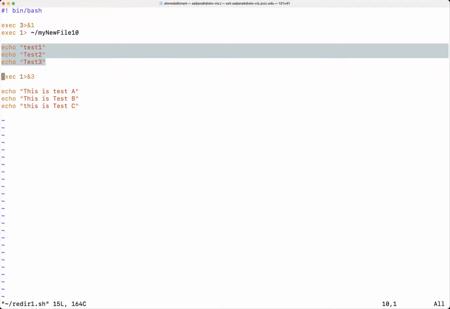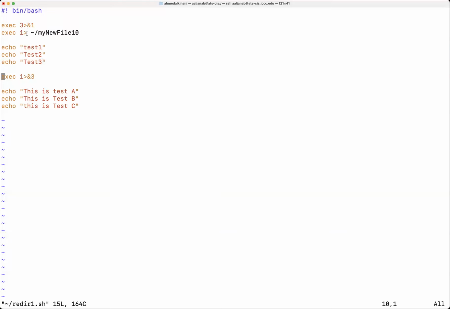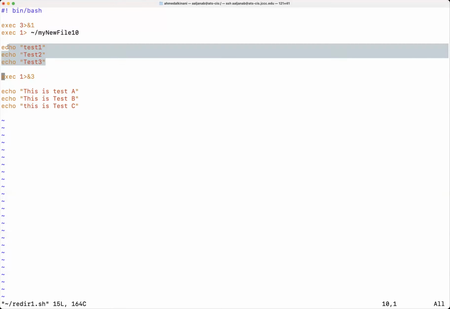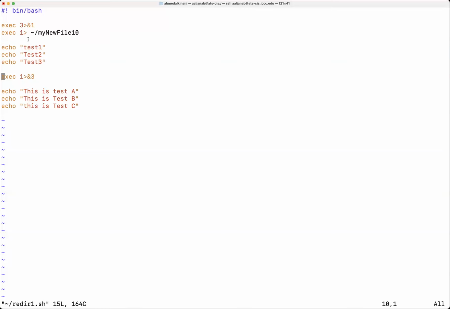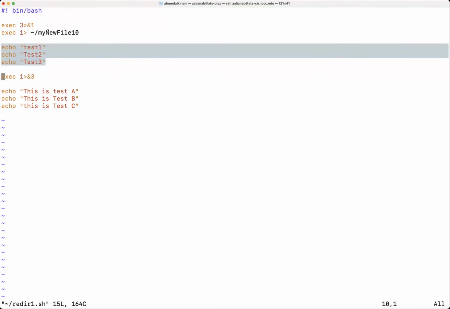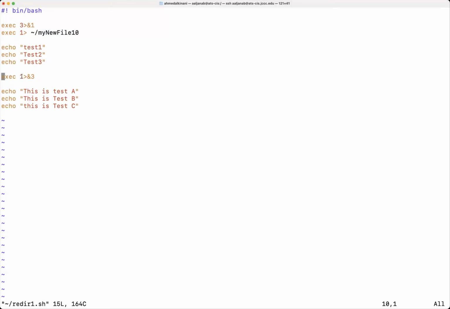So those commands, when they're going to be executed, simply they're going to be sent to the standard output, which is going to be again directed to the file that you see here. And after these 3 lines were actually sent to the file, I decided, you know what? Now I want you to go from the standard output to descriptor 3 and show me those messages on the screen. And that's where you saw them printed on the screen.